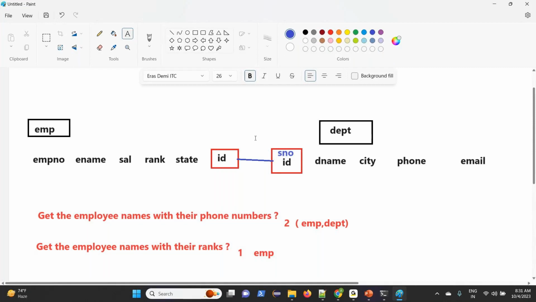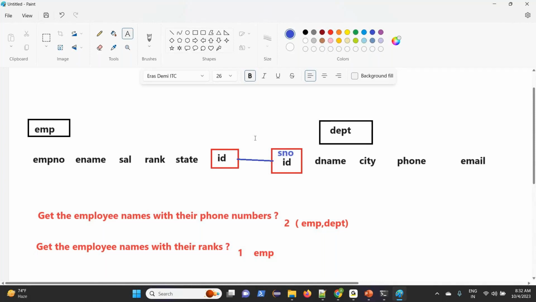We are going to join the data not based on the column names, but based on the same data. So ID 123, department serial number 123, same data is available, so we are able to join.